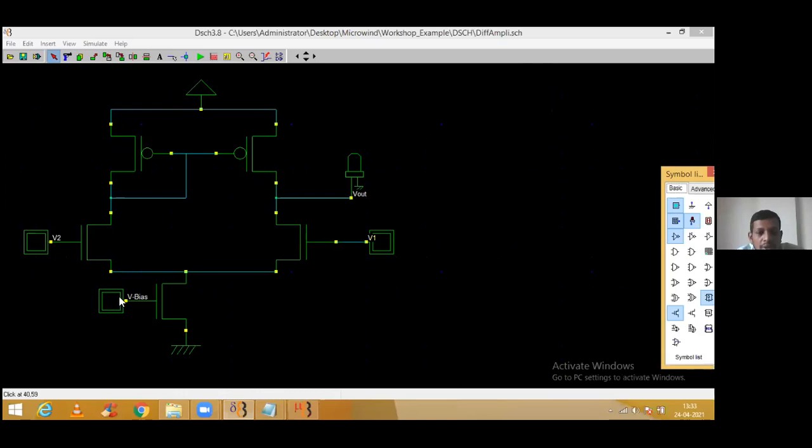So don't worry about this one. This is just an NMOS transistor, and V bias, whatever voltage we are applying over here, it should be more than the threshold voltage of the device. So we will come across the threshold voltage, and I will tell you how that can be maintained above the threshold voltage. Can you design this for me, please, everybody?